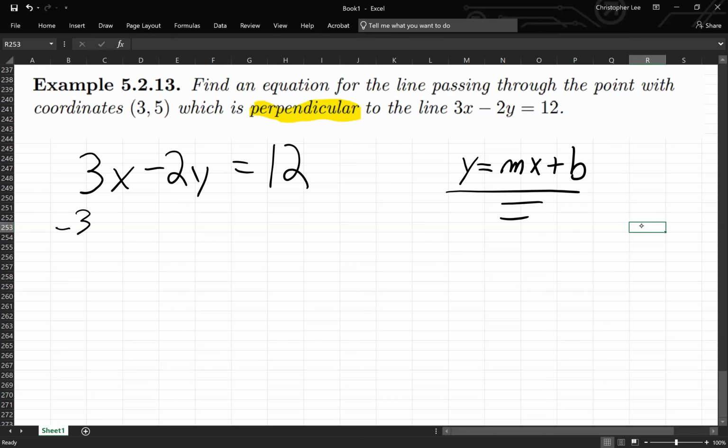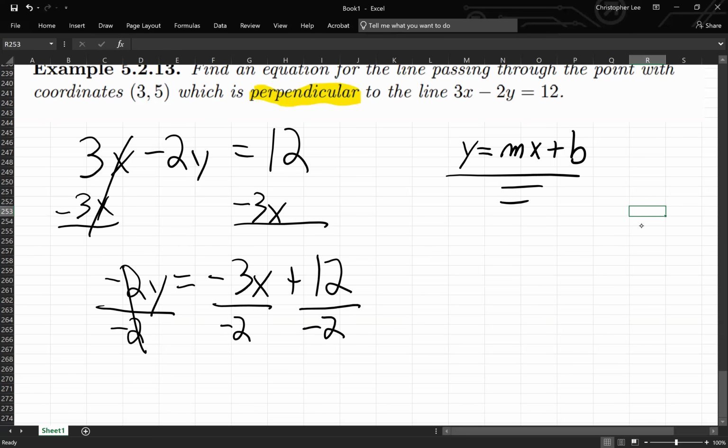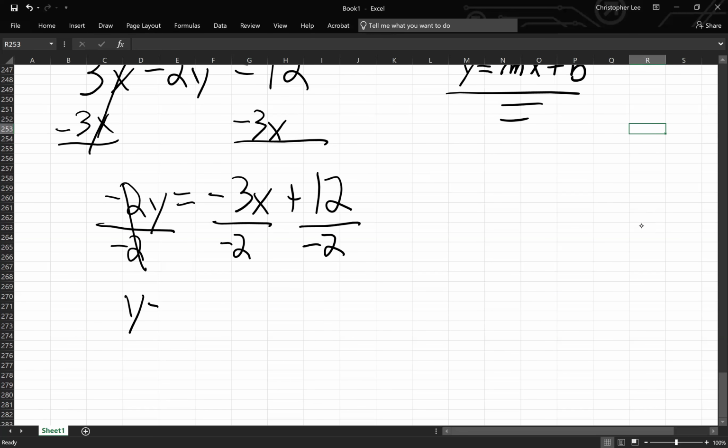So look, I'm going to subtract 3x from over here. If I do something to one side, I have to do it to the other. So now I have negative 2y is equal to negative 3x plus 12. Then you're going to divide by negative 2. What you do to one side, you have to do to the other. So now what do I have? I have y is equal to,